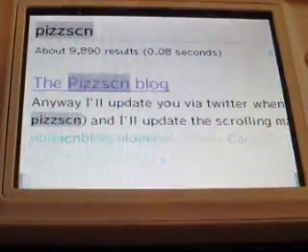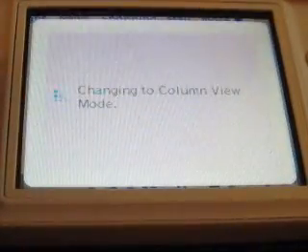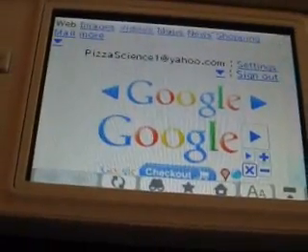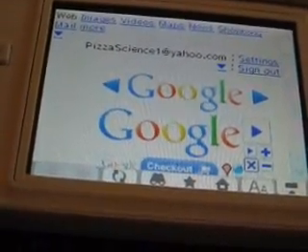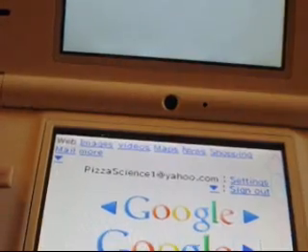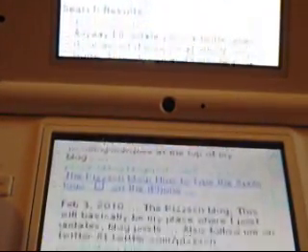And column view. This is column view. Let's switch to it real quickly. Takes it a minute to switch to. But we need kind of a view of... What the heck? Whoa, everything got all jumbled up. But we need kind of a view of both screens here. What column view does is it allows you to basically scroll up and get kind of a column view of the page. I need to really get both